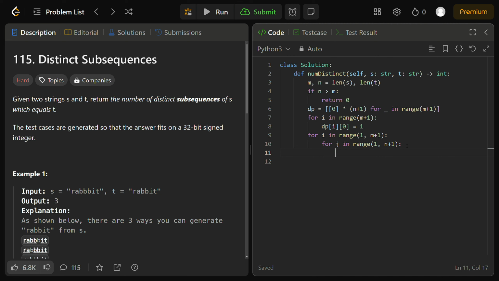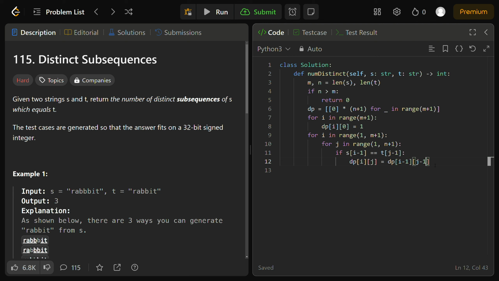Okay, so once we do that, we have our first conditional. The first conditional, like we talked about before, is if s at index i minus 1 is equal to t at index j minus 1. If that's the case for these previous two characters, we can extend our dp at index i, comma j for this subsequence to be equal to dp at i minus 1, j minus 1,